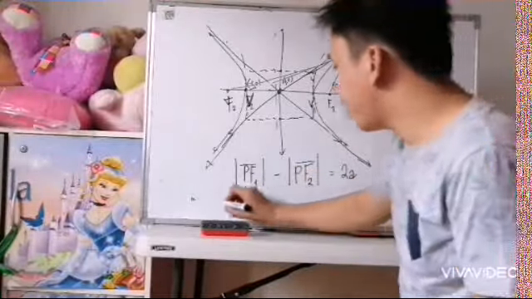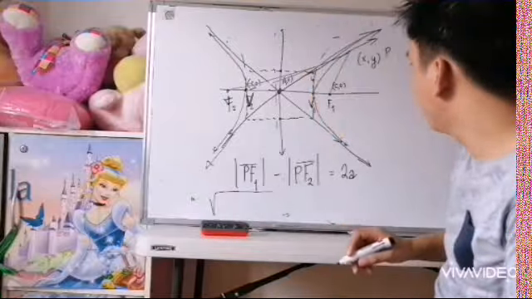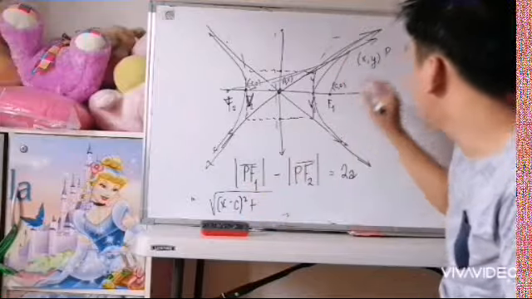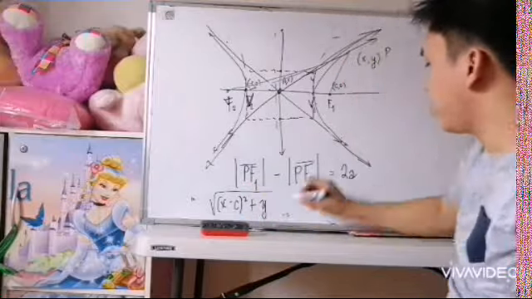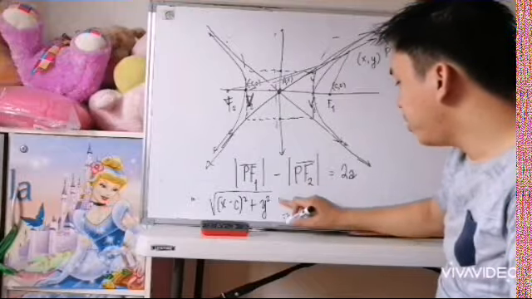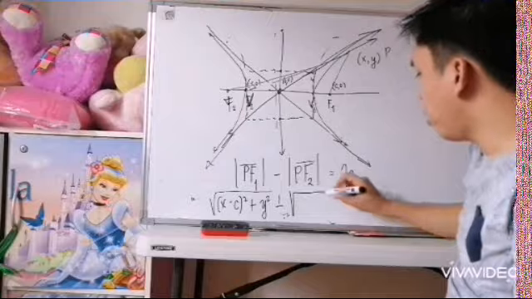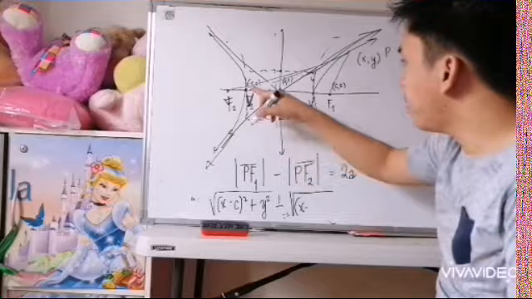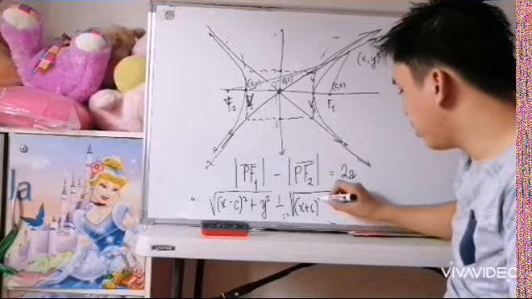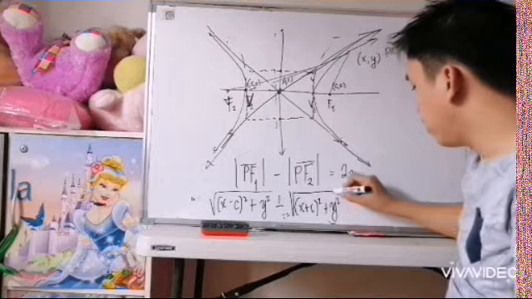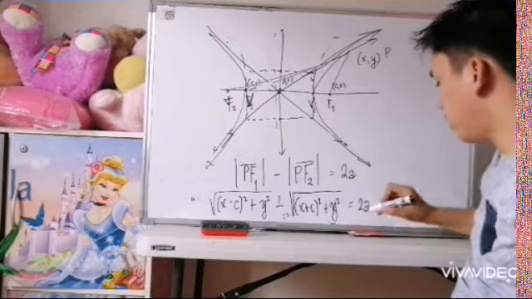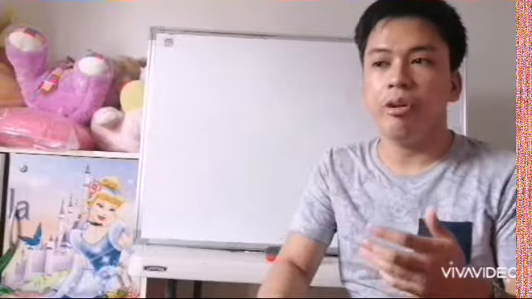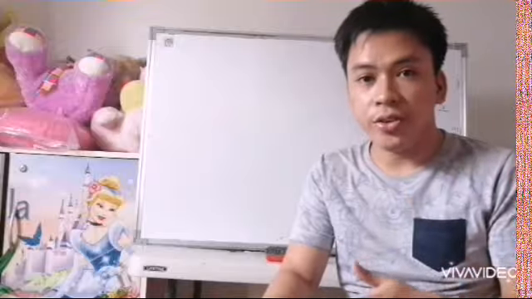So if I take the distance formula, I would have the square root of (x minus c) squared plus (y minus 0) squared, minus the square root of (x minus, this is negative c, so it should be positive c here) squared plus y squared equals 2a. Okay, now, so we have derived the equation for the hyperbola provided that your center is at (0, 0) and